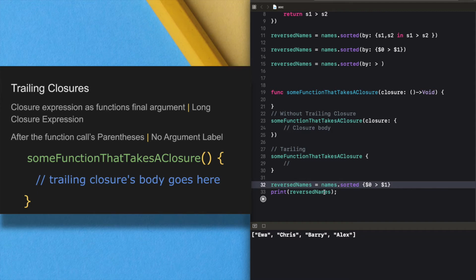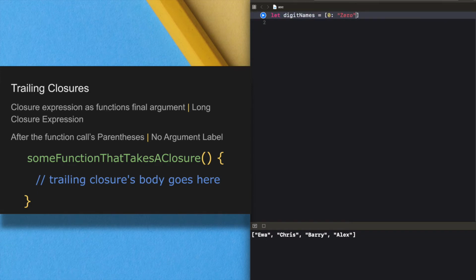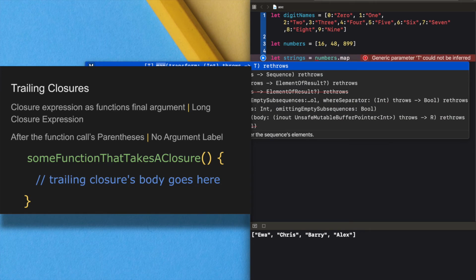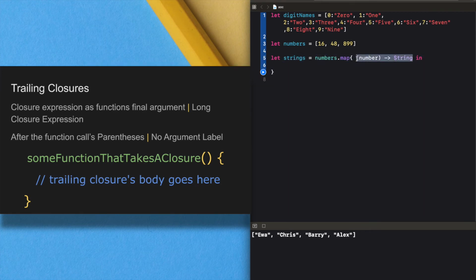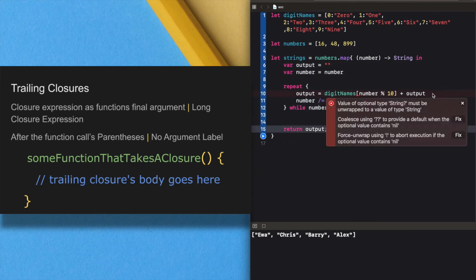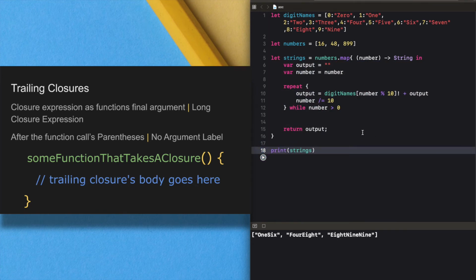Trailing closures are useful when the closure is sufficiently long and not possible to write inline on a single line. So we are going to map the digits with strings.